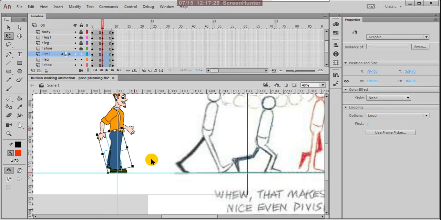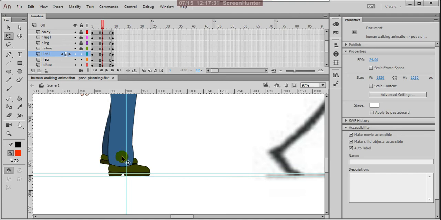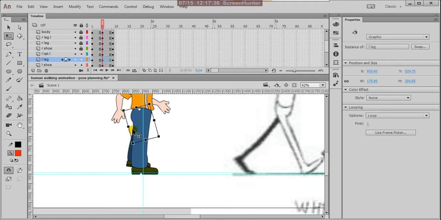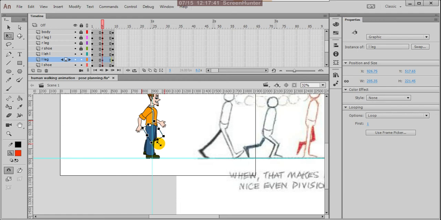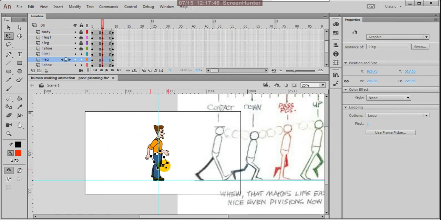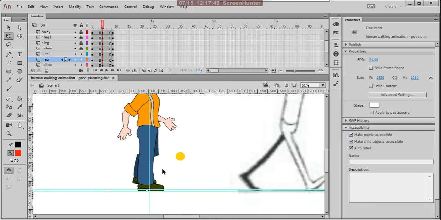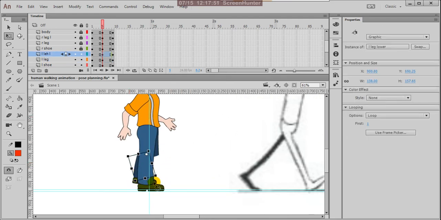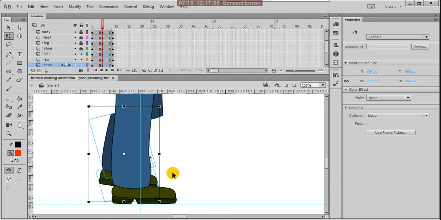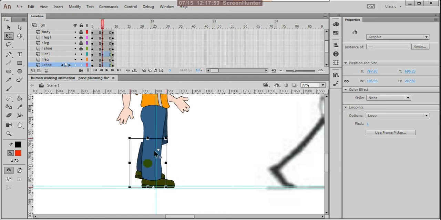Okay, and then what you do, you can select this only, you can keep this bit front, okay, and now select this and this, okay. Keep this point and you can move up to here.